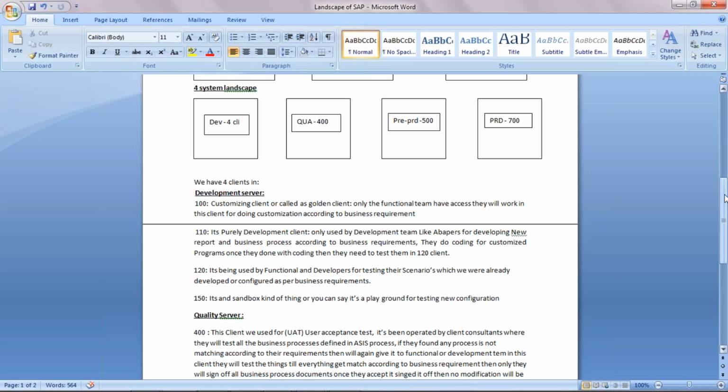If they're done without testing, it means there is no proof. They need proof that I have done this, and this is the output for this. So they need to test. Where? In 100 they won't test. They will come to 120. Basis will transfer everything from 100 to 120, or the functional team has the access